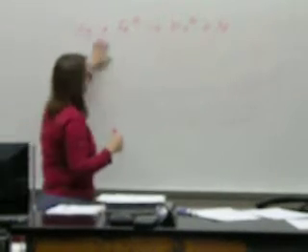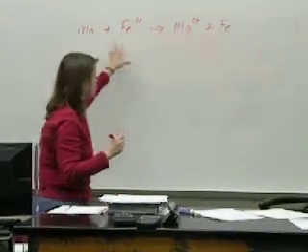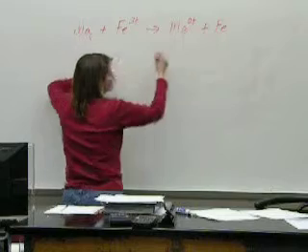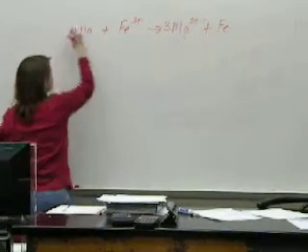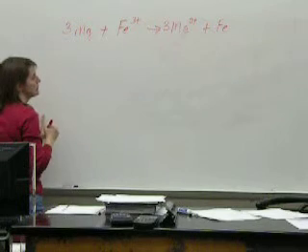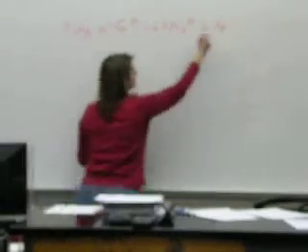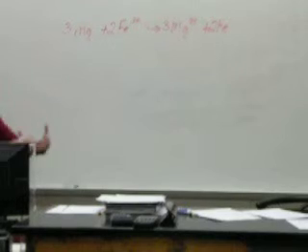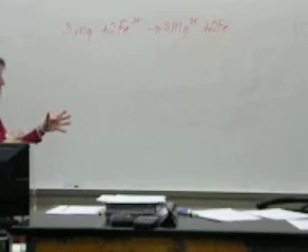So I have a 3+ charge on this side, I have a 2+ charge on this side. So I need to balance that with a 2-3 switch. So I put a 3 there, which gives me 3 magnesium now, so I have to have 3 over here. That still doesn't balance the charge. I have to put a 2 there, which means I have to put a 2 there. And then stop and go back. I've balanced atomically and I've balanced the electrically.